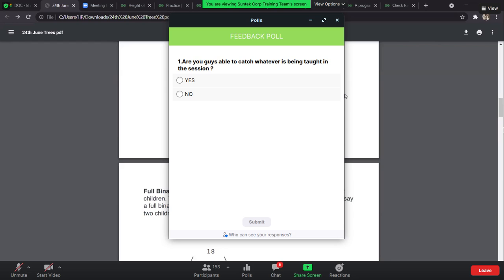Correct. So basically, a binary tree is a full binary tree if every node has zero or two children. So if every node has zero or two children, definitely it's going to be 2 to the power n plus 1, because the 1 itself is for the root. And if every node has two or no children, it's going to be 2 to the power n.